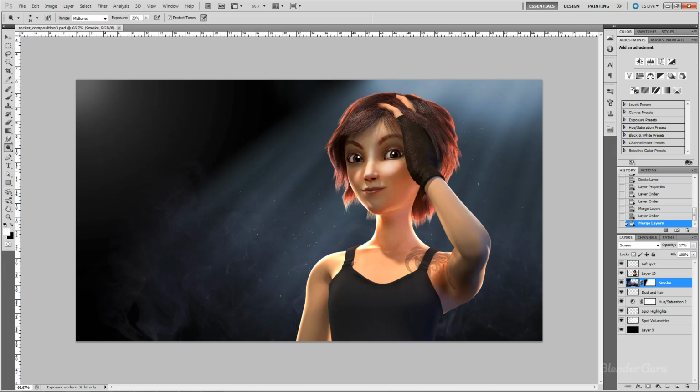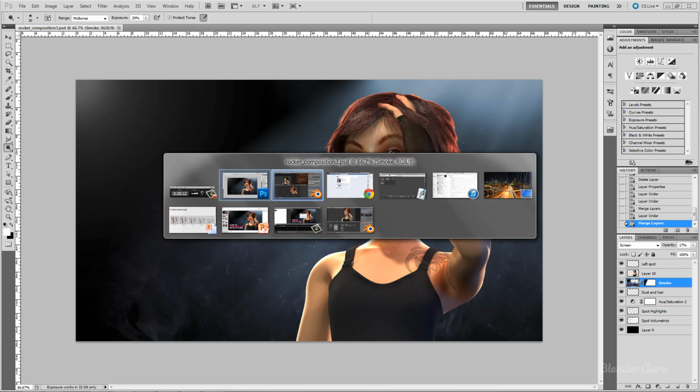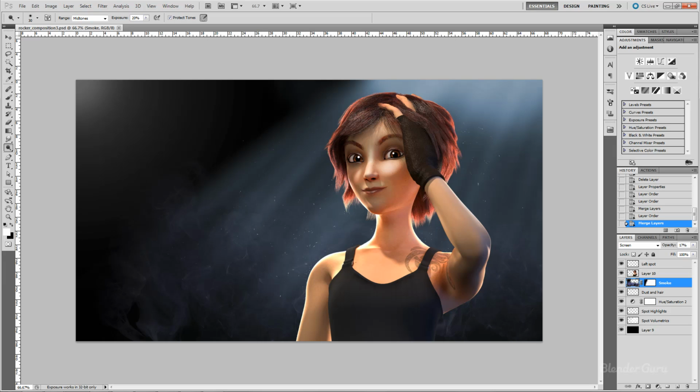Oh, and I also did a bit of dodge on the face and stuff like that, brightened it up a little bit here and there. Anyway, that's pretty much it, guys. I hope you enjoyed this tutorial, and I am also really hoping to see a lot more hair renders coming out from the Blender community now that Cycles has the capabilities. Please go ahead, jump into it,